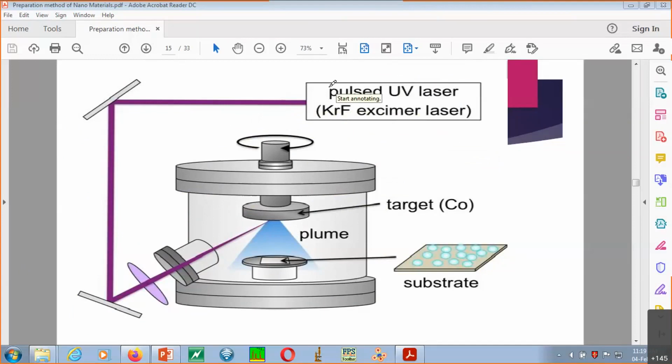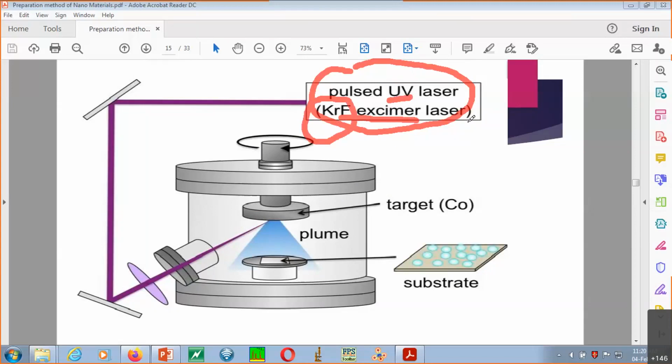So you see here in this box type thing, I have written this as a pulse UV laser, and the example of a pulse UV laser is this KrF excimer laser. So many of you may have heard about this excimer laser also. Though it is not in the syllabus for detailed study, keep in mind this laser is emitting the output in the UV spectrum. That's why sometimes people say UV laser, sometimes they directly say excimer laser. And this is the material we are going to use, KrF. So the KrF laser is also known.